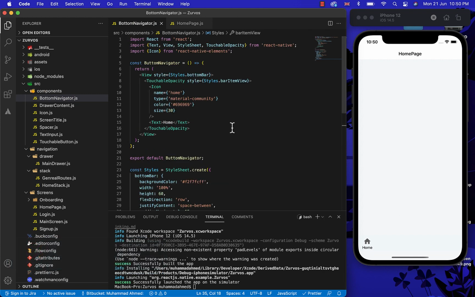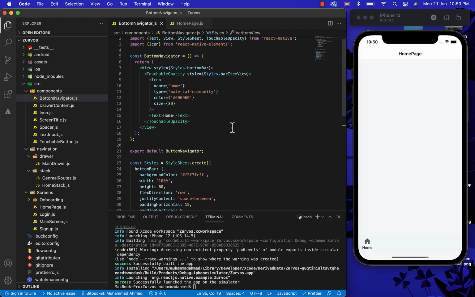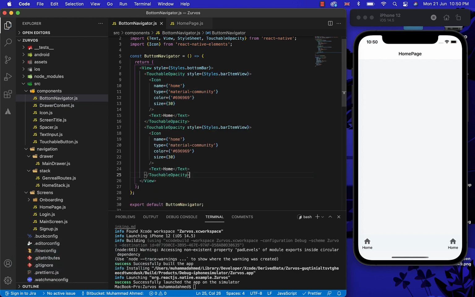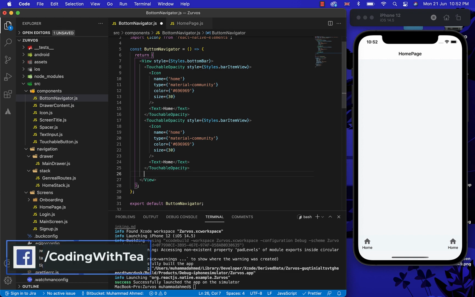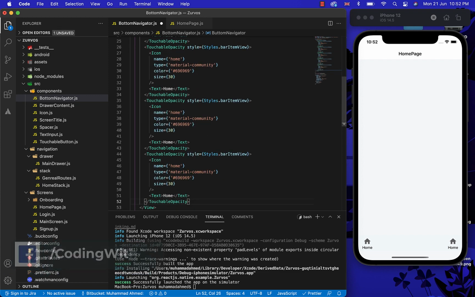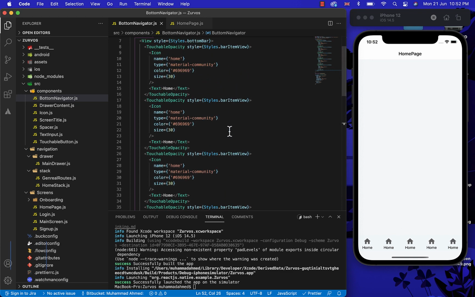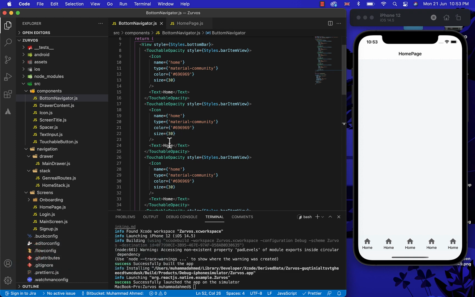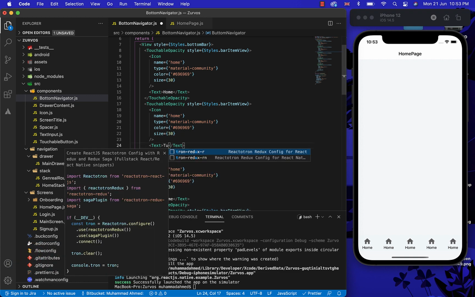Let's just copy this whole touchable opacity view and paste it 4 times for 4 different buttons. As you can see, we have 4 different buttons on the bottom tab navigator. Now let's just change the names and the icon names according to our requirements.